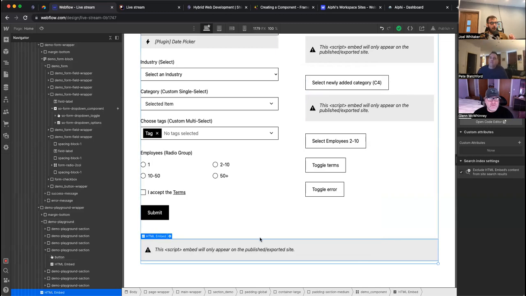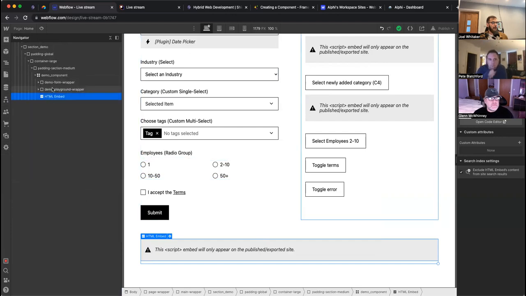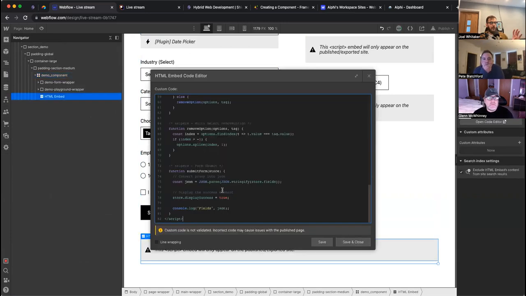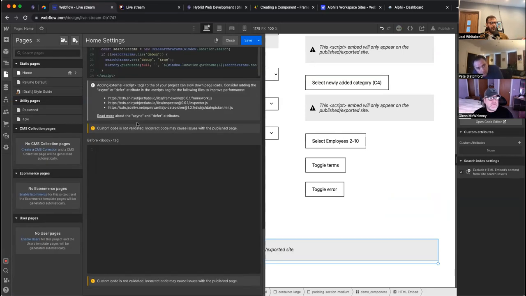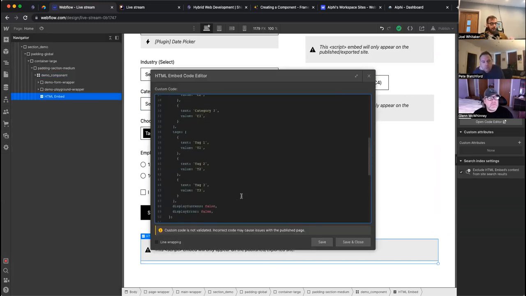But yeah, you're right. So that embed drives it. And I'll point out as well why the embed is here. So let me collapse this down. I've put the embed as the last item inside of our component element. You don't need to do this. We just do it because it allows you to consolidate your UI with your logic. So then you can just copy this and move it somewhere else. You could put this in the body tag of the page, over here, but then it gets a bit complicated as you have more components. The reason we recommend it to be here is